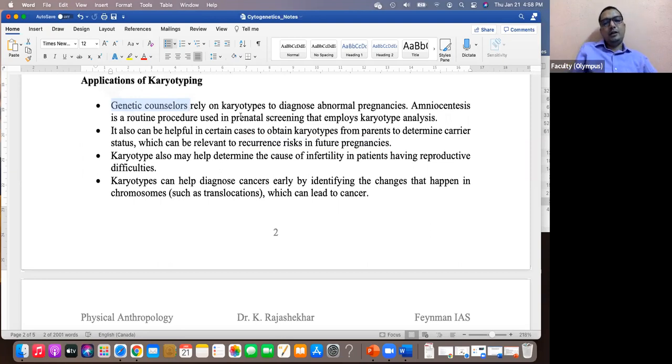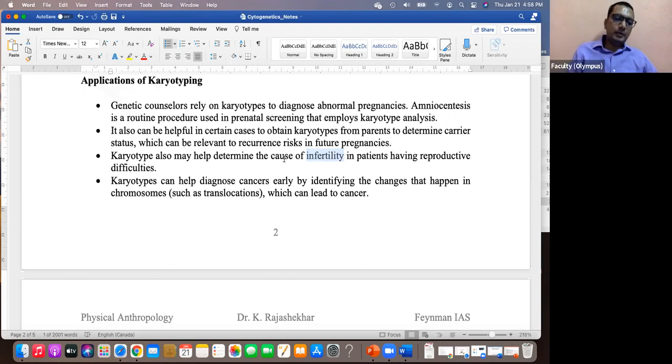Similarly, karyotyping may sometimes be used to understand why some people are infertile. Of course, hormonal and other issues are looked into. In addition, if there are no clues from hormonal problems, they may go for karyotyping to check if there are any problems in the chromosomes indicating infertility issues. To figure out what's causing infertility, one method used is karyotyping, just to see any genetic problems in the chromosomes that are visible.